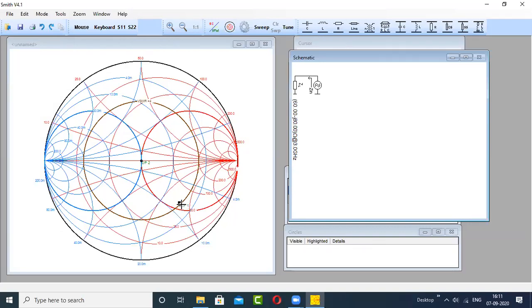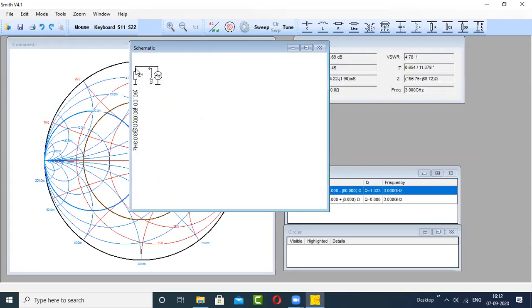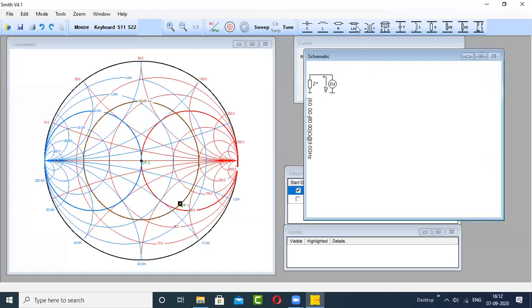So keep in mind always that you have to move from the load to the center of the Smith chart. And in order to reach the center of the Smith chart, you have to take the help of the circles. And those circles are what? One is the SWR circle and another is the conductance circle. Okay. So let's move on this SWR circle from this end to this end. When you're moving from this load towards the generator, you're moving on a transmission line actually, right? So you have to draw a transmission line. So the transmission line is this.